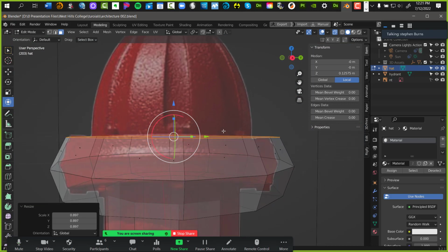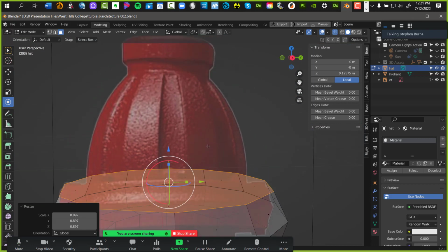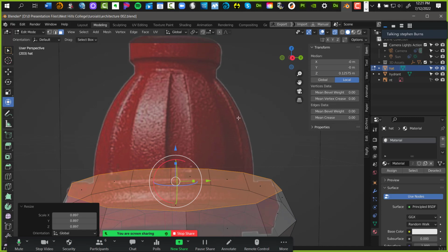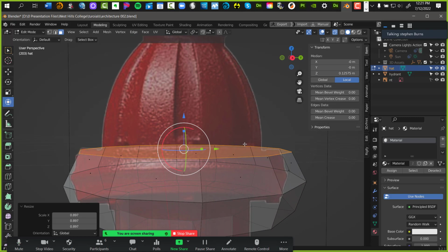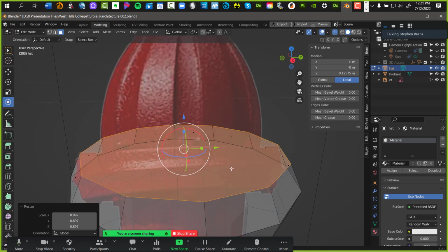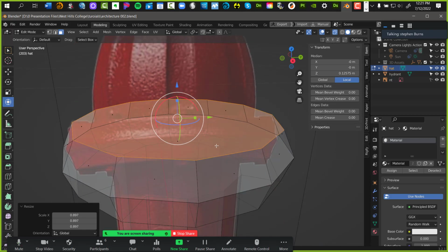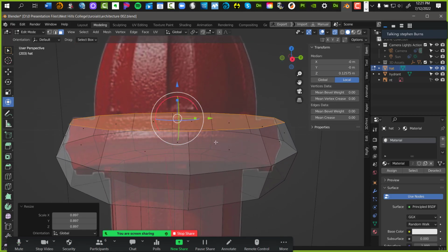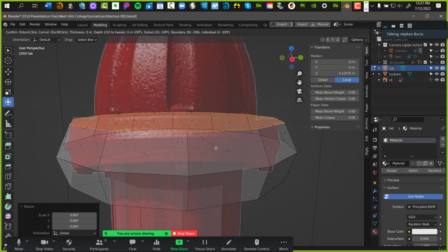We need to inset the top because we want to extrude smaller polygons to make this section up in here. So what do we do? No, you had it first, you did it right the last time. Inset. Watch. Inset. The first letter of inset is what? I. Hit the I key. Let the mouse hover and see it. See that? It's coming in.